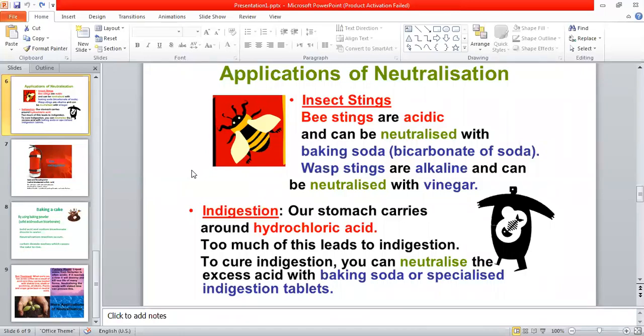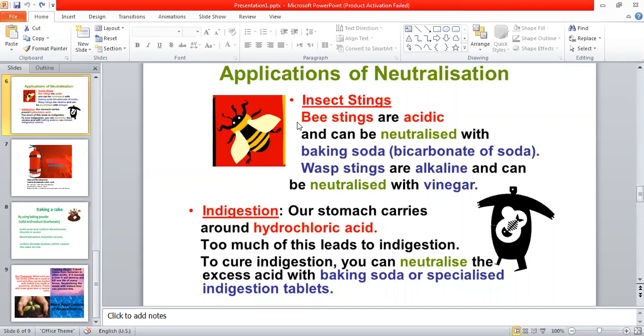The first thing, when we speak about applications of neutralization reaction, we speak about insect stings. Of course, all of you have heard about being stung by a bee. So, what do we know about a bee sting? The first thing is that the bee sting is acidic. Yes, it is an acidic sting, which means that it produces an acid. So to neutralize this sting, of course, I have to use an alkali. We all know that when we put an acid and alkali together, it will form salt plus water,